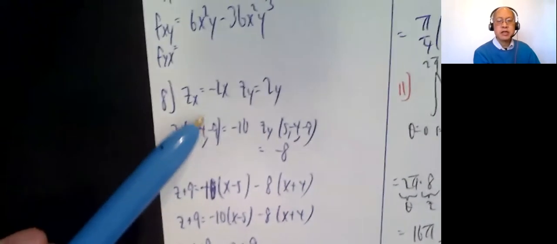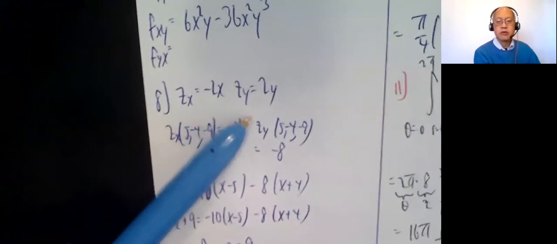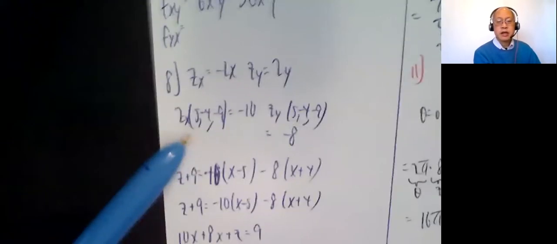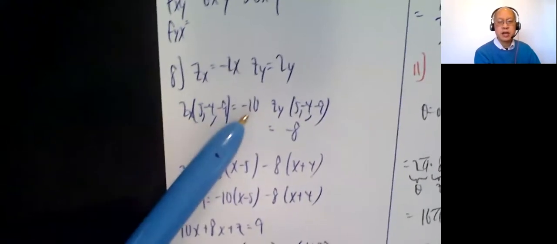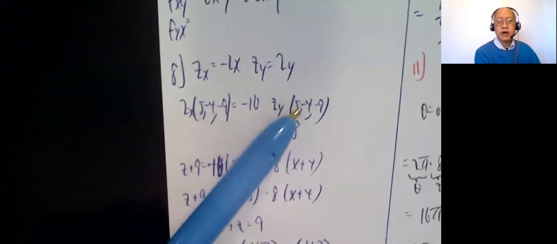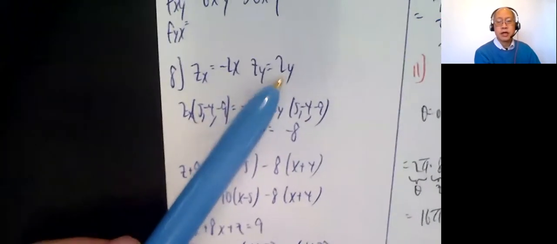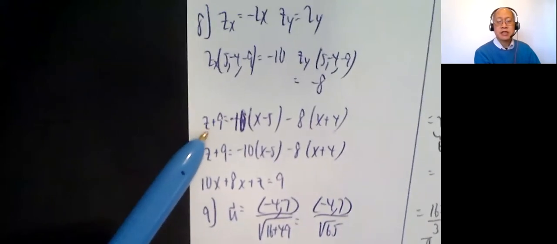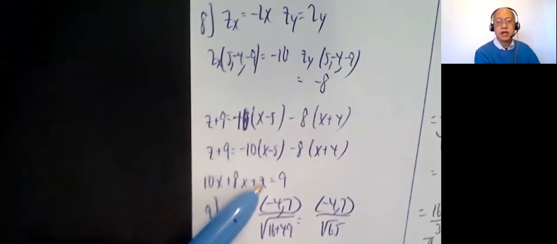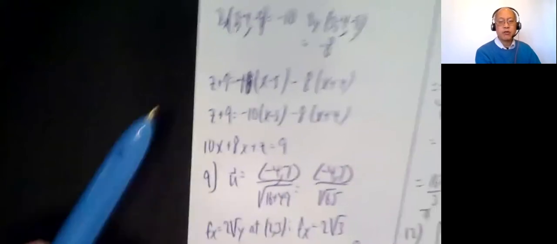Number 8. z sub x is negative 2x, z sub y is 2y. Plug in (5, -4, -9), which really means only plug in x: negative 10. z sub y at (5, -4, -9): plug in negative 4, you get negative 8. So z minus a, minus 9, z plus 9 is negative 10 times x minus 5, minus 8 times y plus 4. You could have left it like that, a little bit of algebra. 10x plus 8y